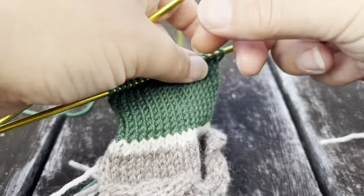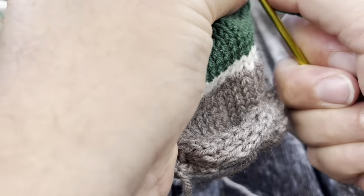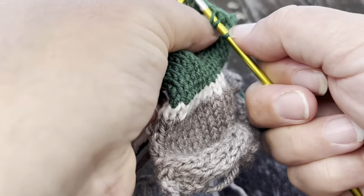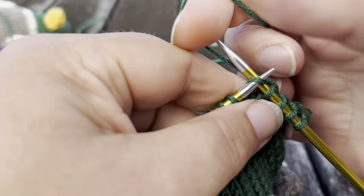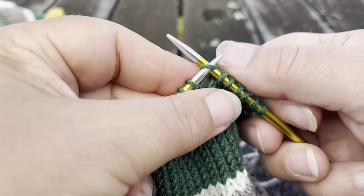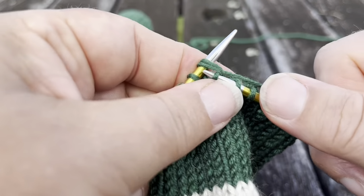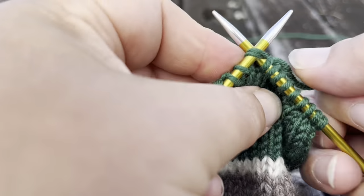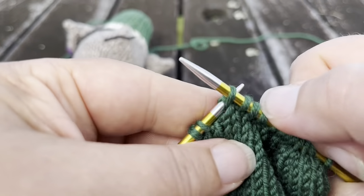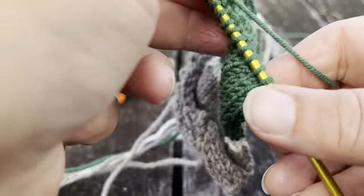Now we're going to start decreasing for the top of his head. So we're going to start now with a knit 1 and knit 2 together. Now with this here, we're going to just knit 1, knit 2 together over the entire row. Now the row itself is going to end without the right number of stitches to do this evenly across the whole row, but that's fine. We're going to go across until we get, I've forgotten how to talk and knit at once. So knit 1, knit 2 together, knit 1, knit 2 together, and then we're just going to knit the last 2 stitches as normal. We're now going to purl the next row,